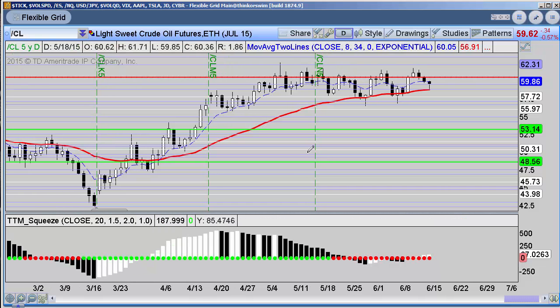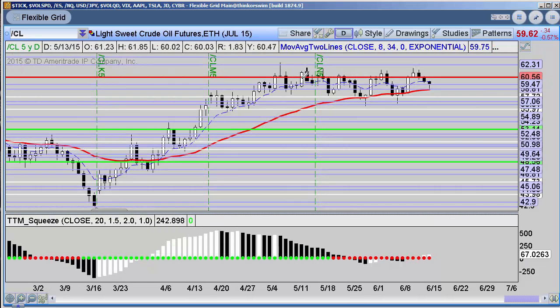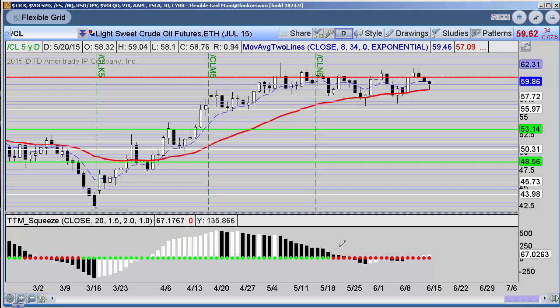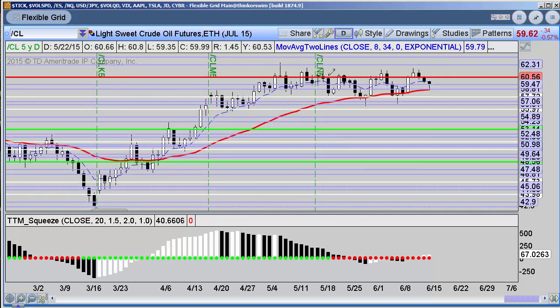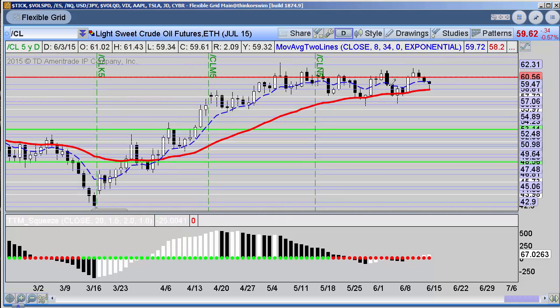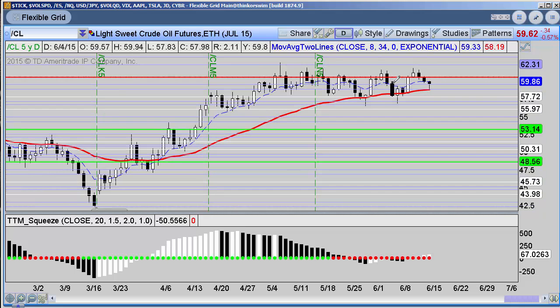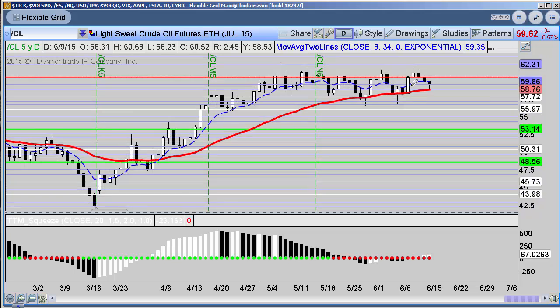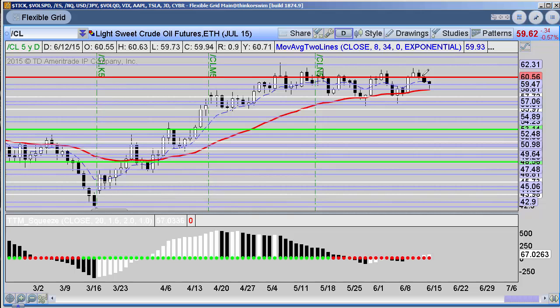So to start off with, crude has been a market that I've been looking at for quite some time, primarily because of the daily squeeze. I know within the broad scope of this, it's still a bearish trend. Of course, it's already had a big short side move, and I am conscious of that. But at what point do I feel that this crude level here at 60.56 is going to give me a